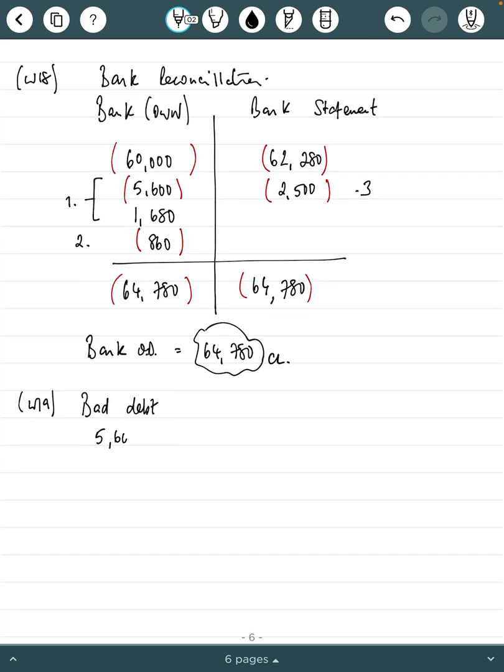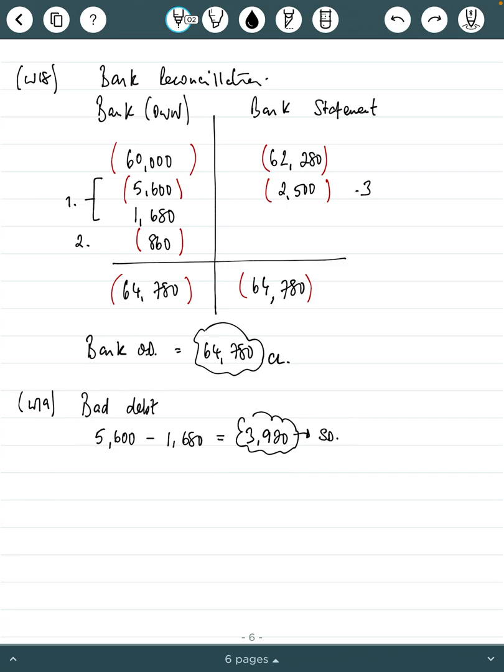If I was owed 5,600, but I only got 1,680, well, the difference between the two is a bad debt. In this case here, it's 3,920. So that figure there of 3,920, okay, is a selling and distribution expense. All right, and that's that first working taken care of. That's simple. Okay, the next working that I really have to take care of, actually I have it already open,